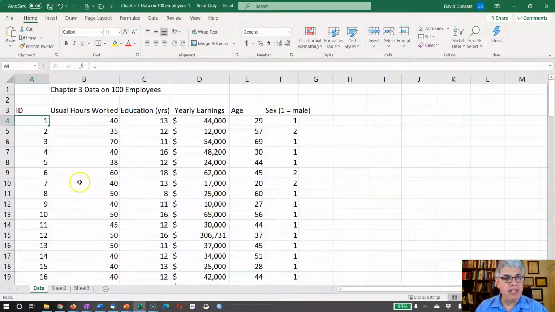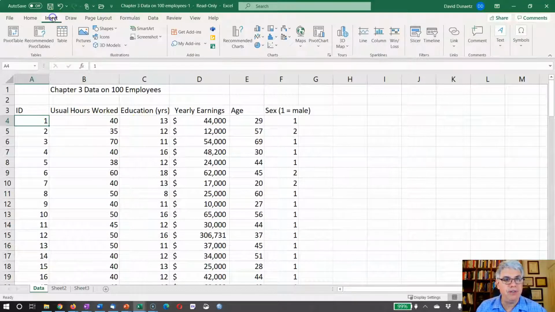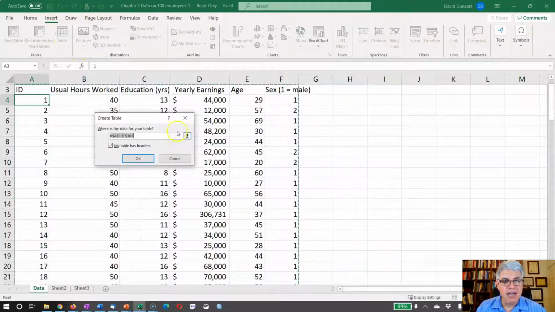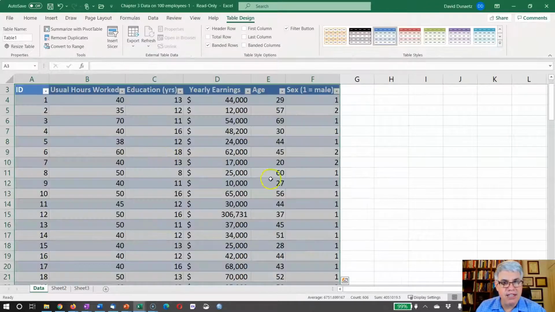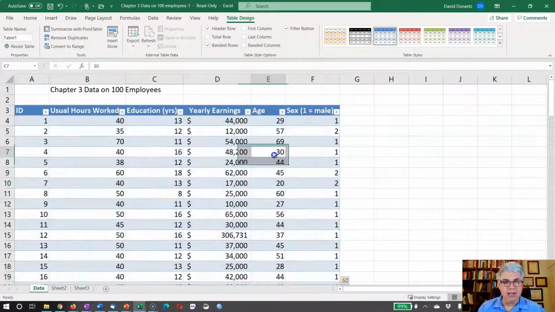Now, the next thing that I want to do is convert this to a table. So as long as the selected cell is somewhere in the table, all I have to do is go to Insert. So that's front row. I want to Insert, and then I click Table, and it guesses what my table is going to be, and it guesses that my table has headers. So I leave that checked, and I click OK,